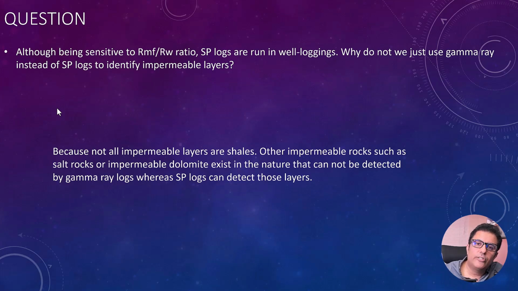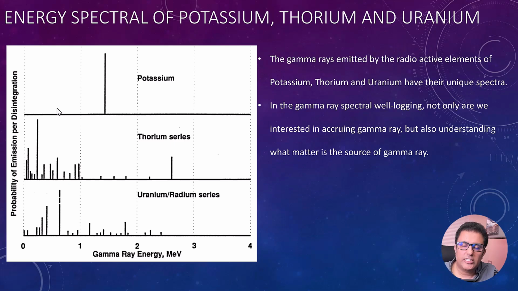But if we use other logs, we can definitely use the information that we get in order to identify those impermeable formations. So in addition to the conventional gamma ray log, a more advanced version of the gamma ray log is also available, and that is the spectral gamma ray. In addition to the total reading of gamma ray, for example 100 API, 20 API, 30 API, it also helps to tell us